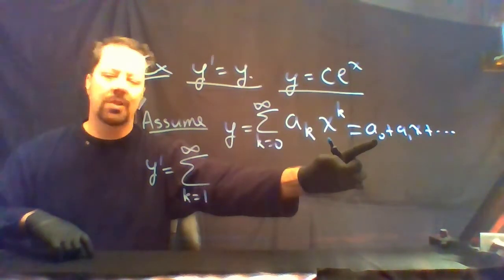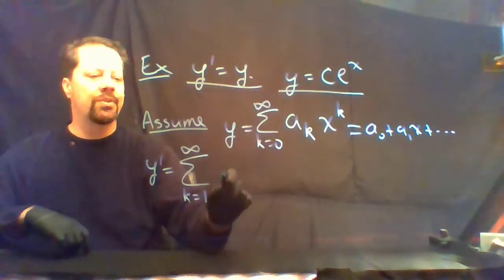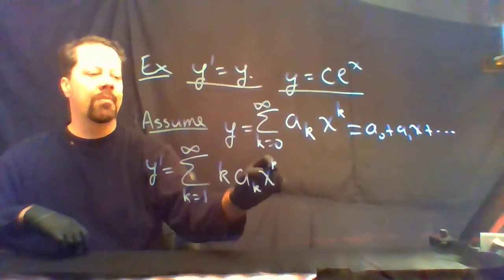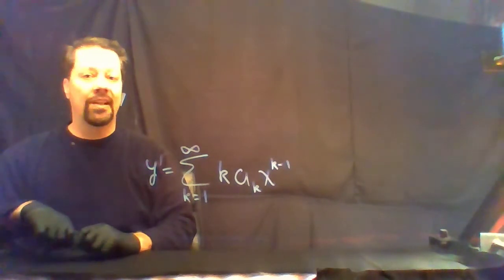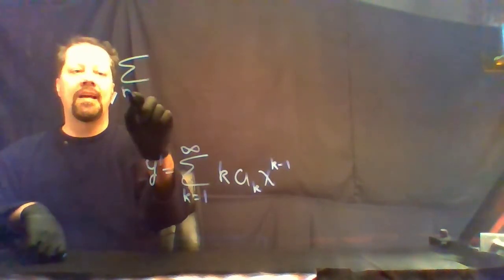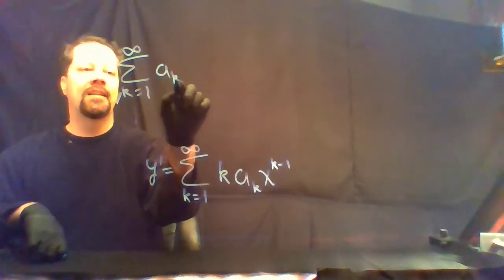Because the first term was constant, its derivative is 0. On all of the other terms, we use the power rule: k, a sub k, x to the k minus 1. Plugging all of this into the differential equation, we get the sum as k goes from 1 to infinity, k